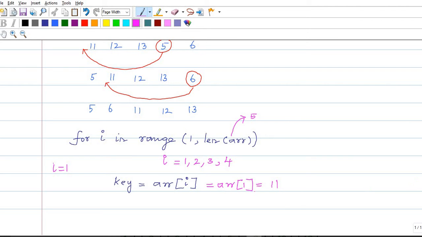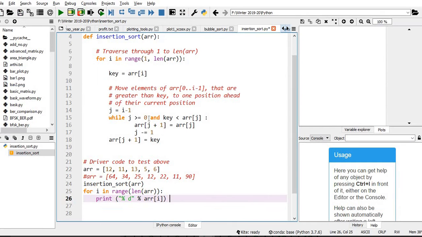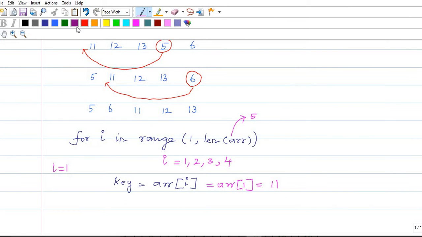Next line of the code, j equal to i minus 1. In this case, i is 1, so 1 minus 1 is equal to 0.